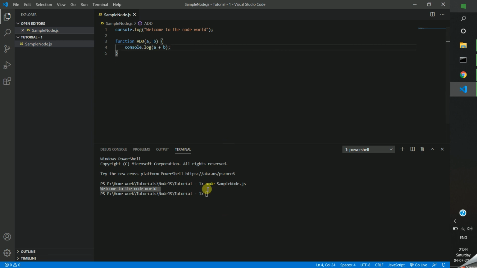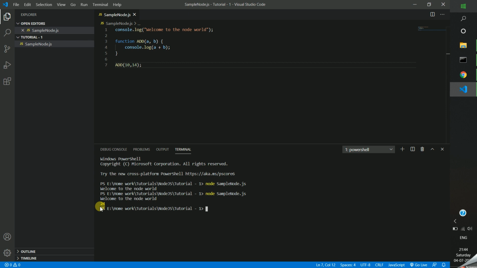This is a very simple program. Here we declared the function, we have to call it, right? Yes, I am calling this function, passing 10 comma 14. Let me run it again. I am getting the output 24.